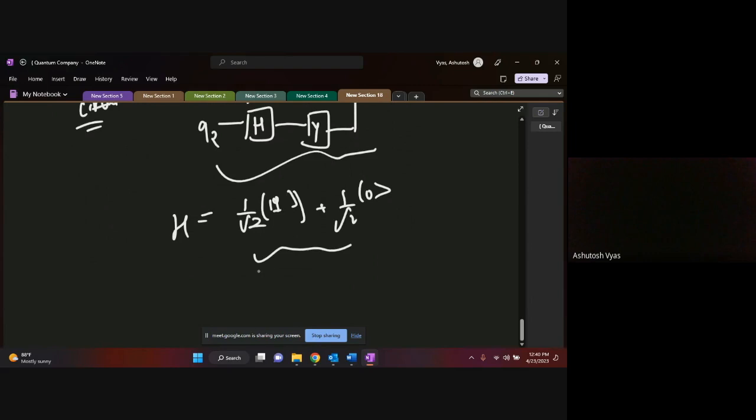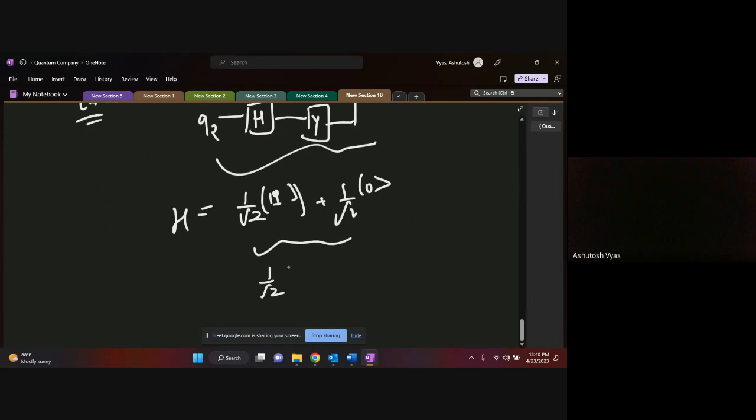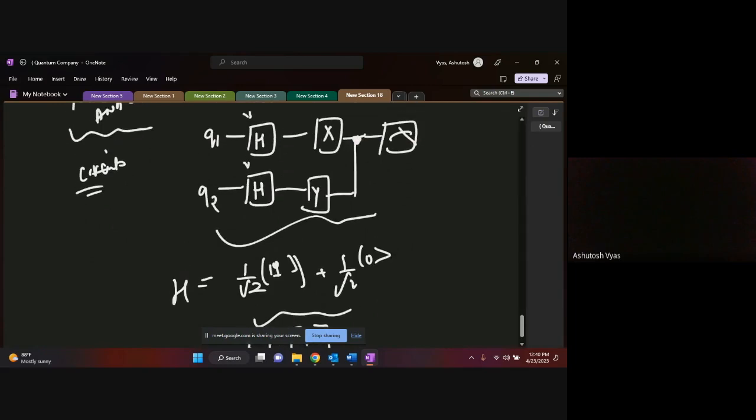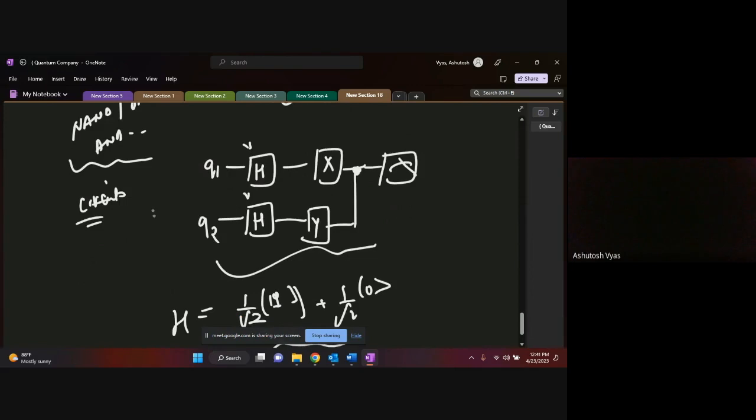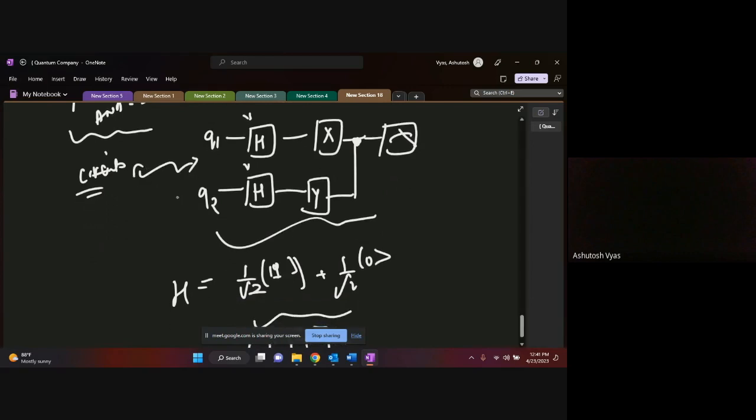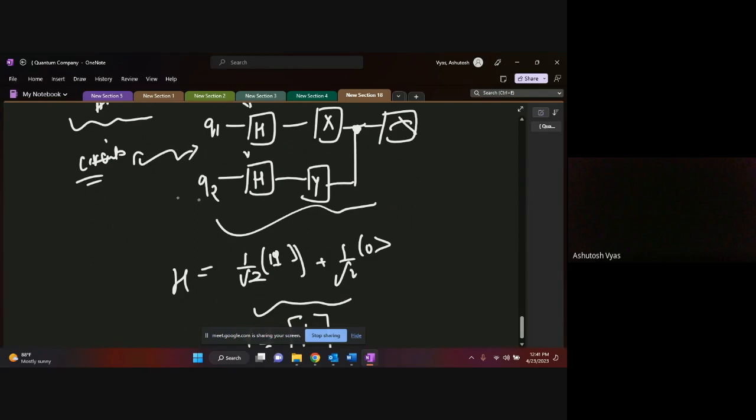If you want to put it in a matrix form, you can call it out as this. It can be plus minus also. So this is how your particular Hadamard gate looks like. In quantum computing, you can design and develop different gates based upon the kind of operations you want to perform, right? So this is how the theory of circuitry resembles from classical to quantum space. Okay, guys, is it making sense now? Yes or no?